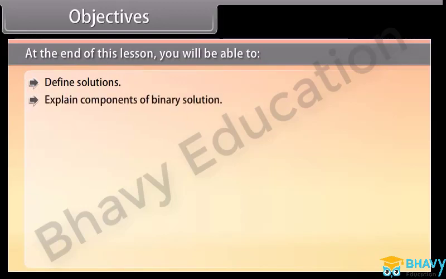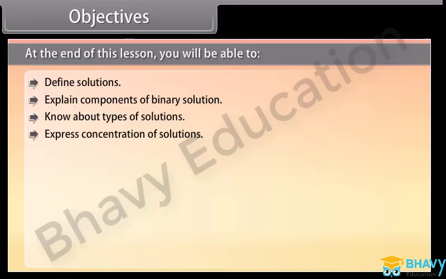Objectives. At the end of this lesson, you will be able to define solutions, explain components of binary solution, know about types of solutions, express concentration of solutions,